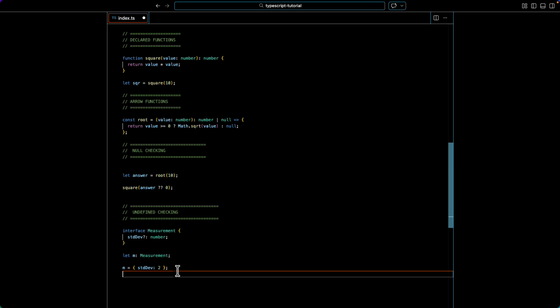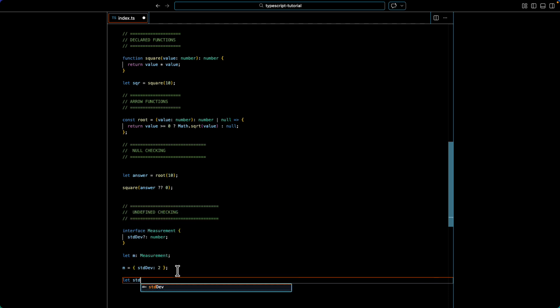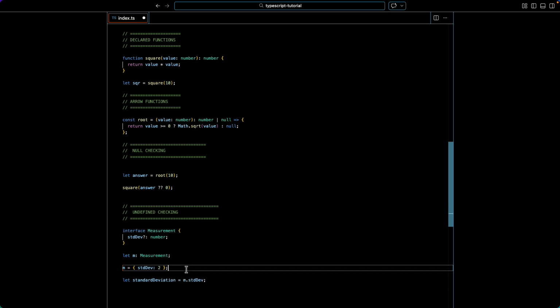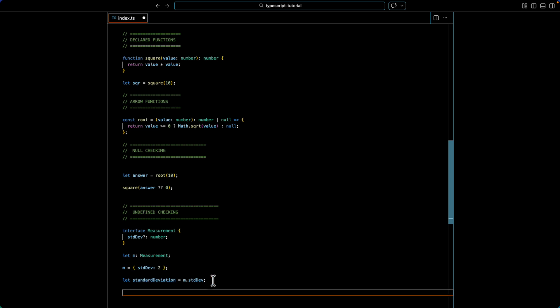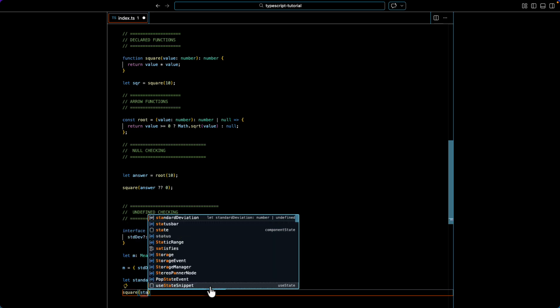So if I say let standard deviation equal m dot standard deviation like this, if I hover the mouse over standard deviation, it's saying, well, as far as I'm concerned, this may be a number, but it may be undefined. And it's going to proceed with its error checking on that basis. So for instance, if I call square with standard deviation,